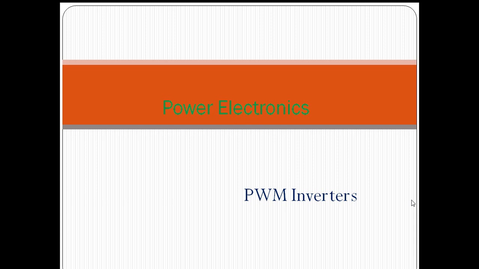So in recent days, to control the load end, like LEDs glowing on and off, intensity control of LED, similarly speed control of the processor which is placed in the CPU, and for supplying the required voltage to other appliances, we are going with pulse width modulated inverters. In today's class, we are mainly focused on PWM inverters, pulse width modulated inverters.